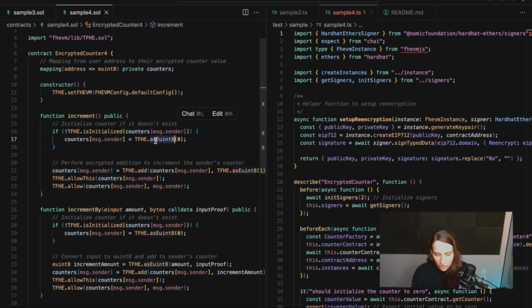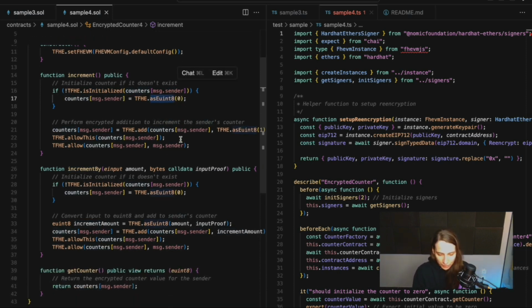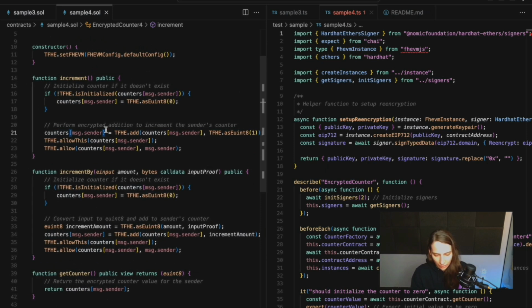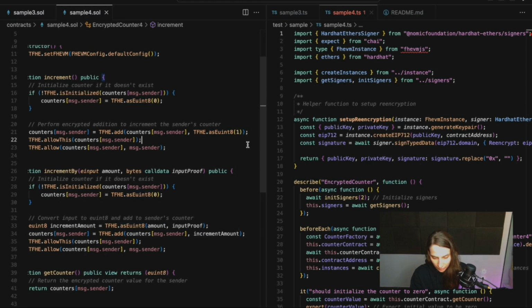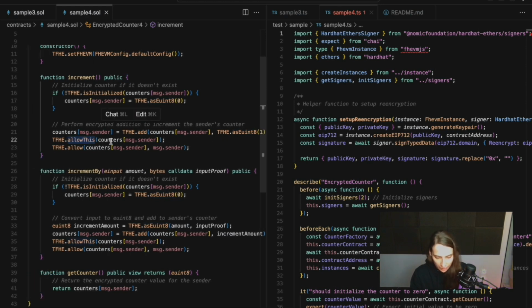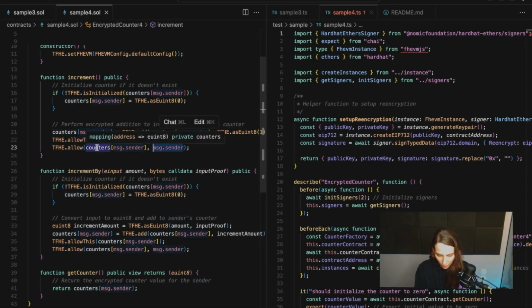If it's not, it initializes the counter to 0. And then we perform the addition to this counter, same as before, and allow this contract to have access to the counter. However, we also allow the user, so message.sender, to have access to our counter.